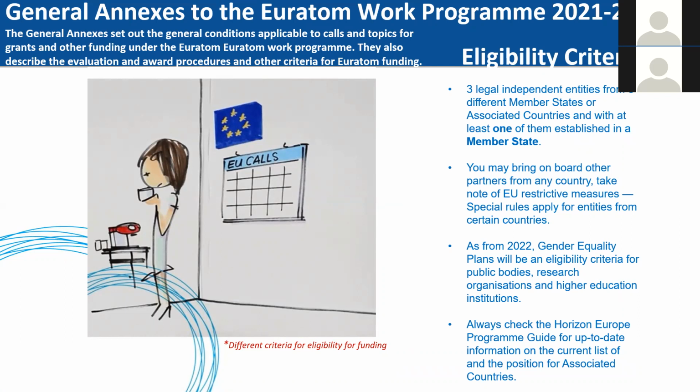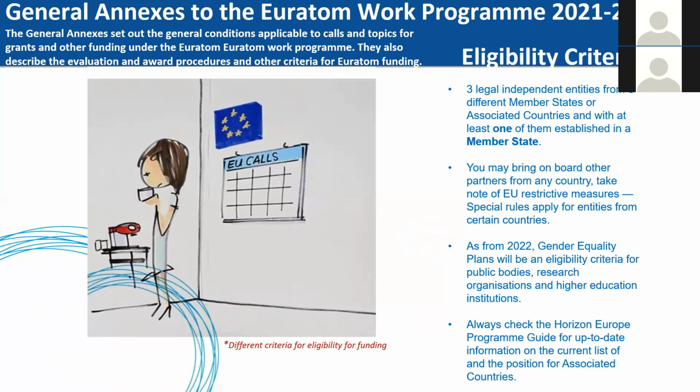With regards to the gender equality plans, they also apply as from 2022, and the conditions are set out in the general annexes. Specifically, they are a criterion of eligibility for public bodies, research organizations, and higher education institutions. And of course, always check the Horizon Europe program guide for up-to-date information on the current list of the positions for associated countries. To date, only the UK is close to association, so there are no associated countries, but